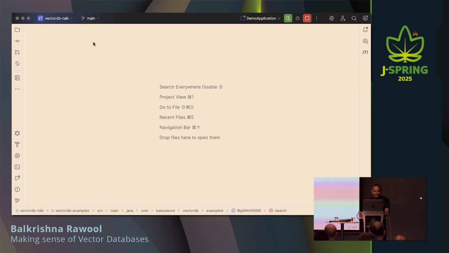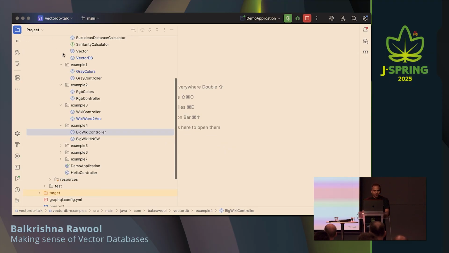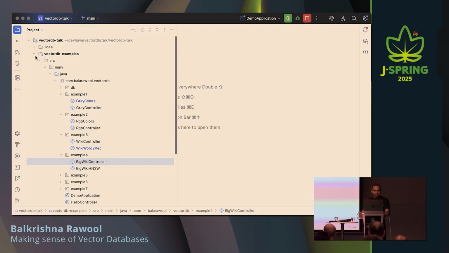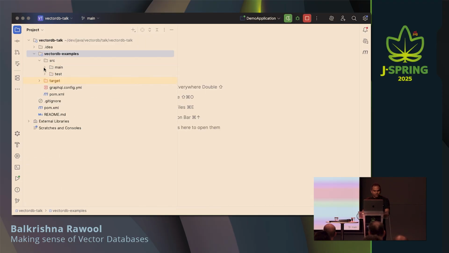I'm going to move to IntelliJ, and I hope the font is big enough to read, or shall I increase? I get a yes. Okay. So I'm just going to continue with this font. So what we have here is, let me squeeze everything up. Let me show you a class,